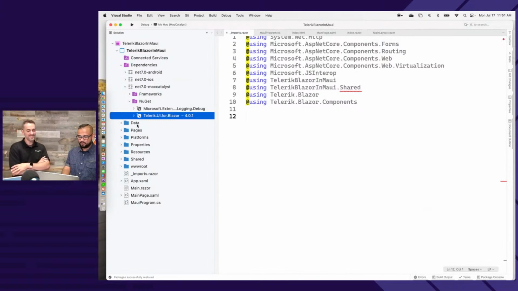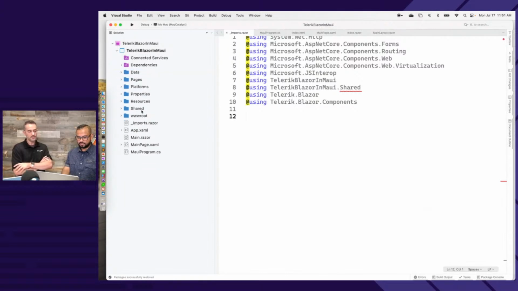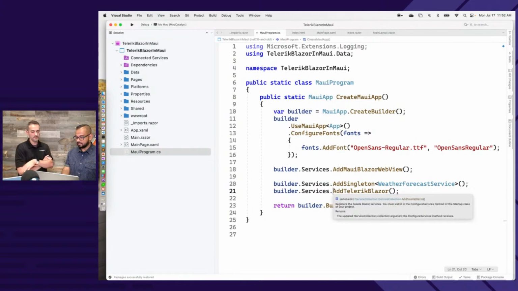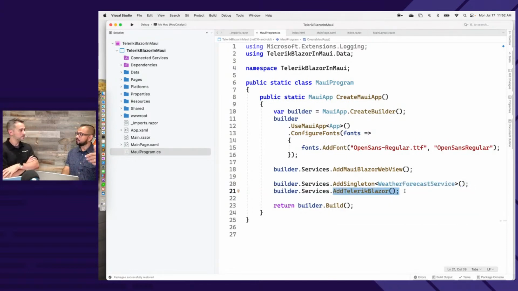Yep. So with that one little piece of NuGet package that I'm bringing in, and keep in mind, this is the .NET MAUI app, in my imports.razor, which is how Blazor gets its dependencies, I can just bring in Telerik Blazor components right there. And then the rest of it is exactly what you do for web apps. Now, envision if you're just doing stuff for the browser, then this is how you'll get started with the Telerik Blazor UI in your web apps. You will just say add Telerik Blazor. That one extension method pulls in all of our dependencies, and you're off and running.